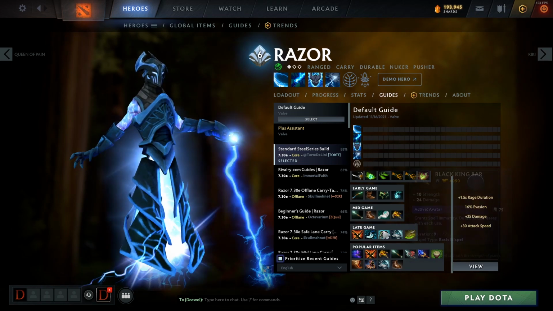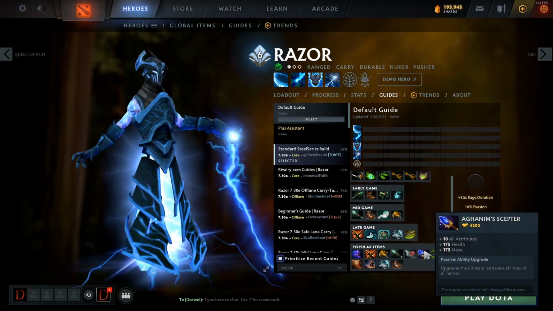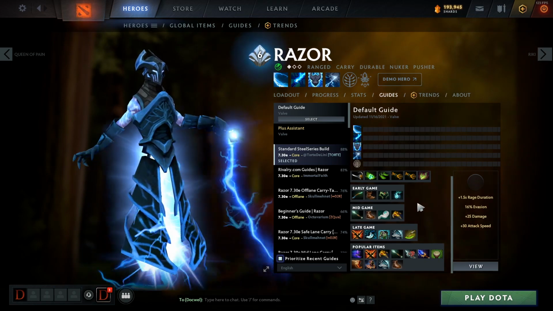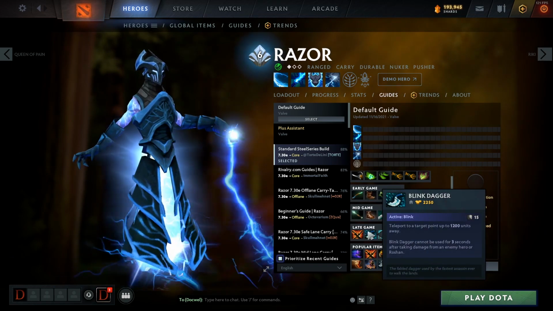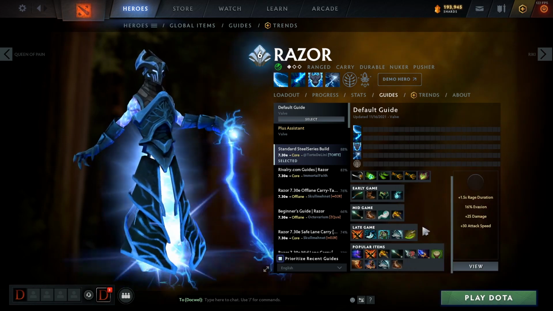You go like BKB, you go AC, you go potentially Refresher, then potentially Ags, and even like a crit or something like that to do a little bit of extra damage. But I wouldn't go SNY. I'd probably skip Blink. The Yules and Shivas is more of like a mid or offlane build, but I would